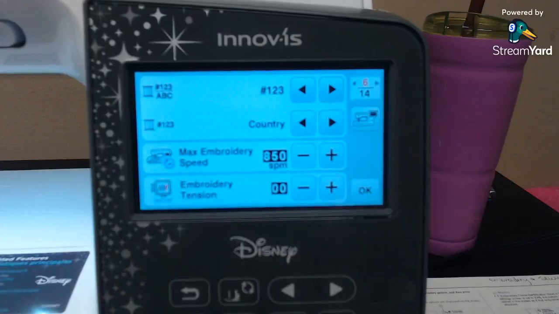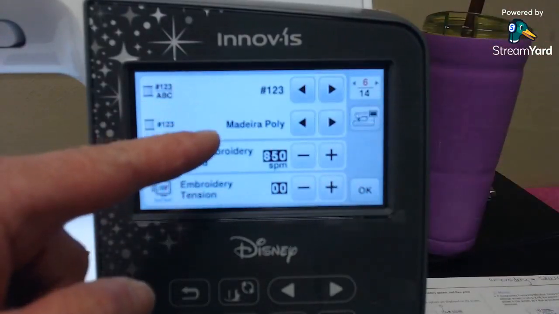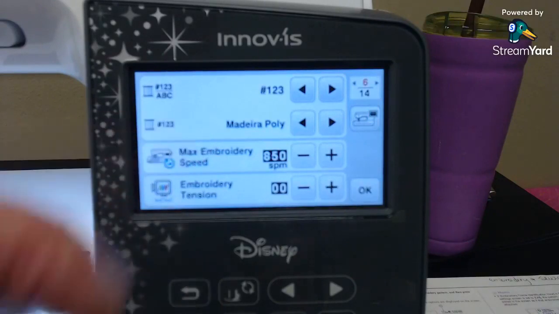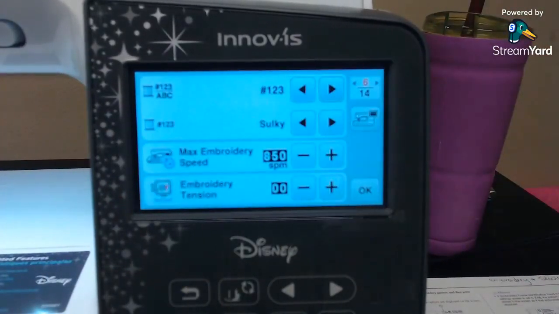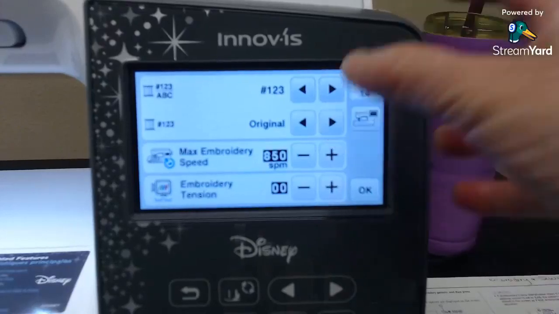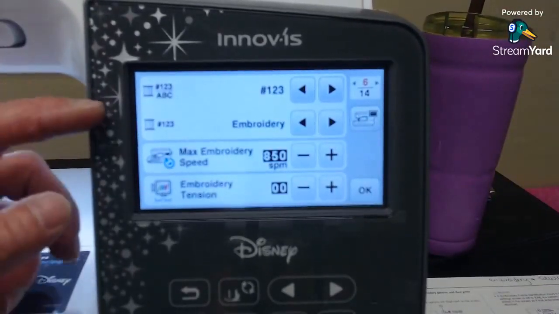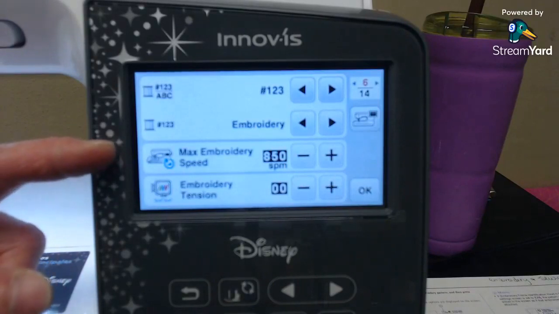You can also then choose, like if you have Madeira Poly, that's another one I use quite a lot because I have a lot of those colors. Madeira Rayon. Now, many of the bigger machines have more thread charts. So the thing that's cool about this, when you change your thread charts in here, is the Luminaires now have kind of a new system that they have a lot of thread charts